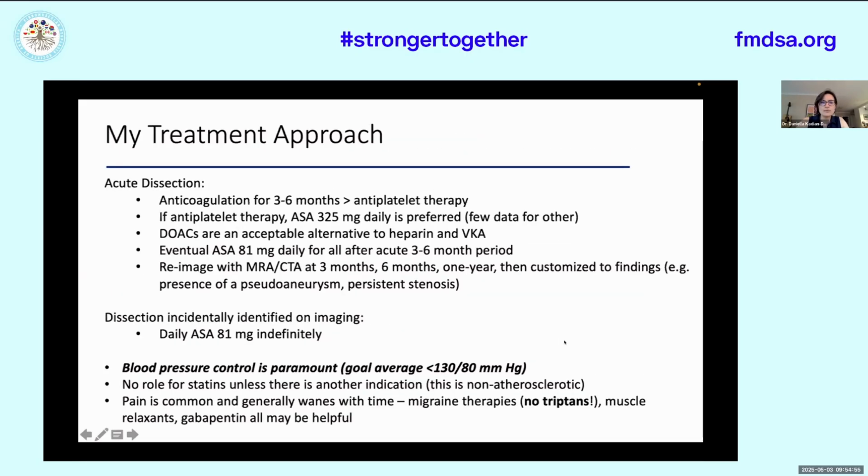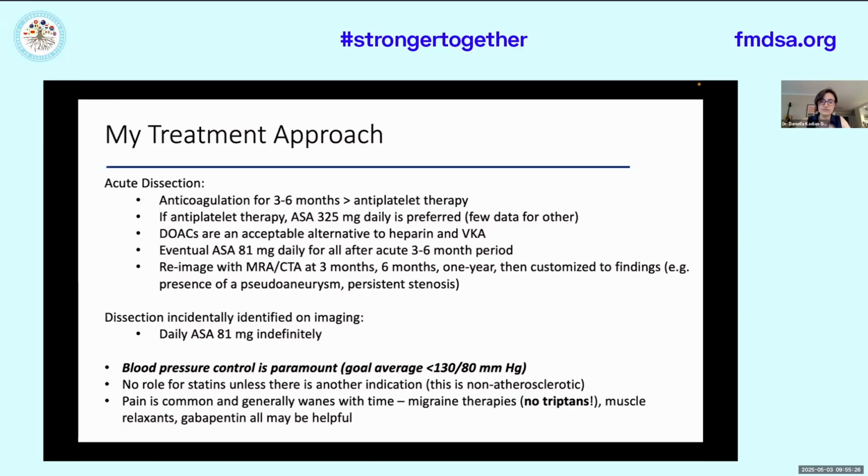And so my approach generally for most patients is to put them on a blood thinner for no longer than 3 to 6 months. If I'm going to do antiplatelet therapy, which may be appropriate for some patients, it's usually going to be aspirin 325. Eventually, after that 3 to 6 month period, I'm switching patients to a low dose aspirin of 81 milligrams a day. And I use the patient's symptoms, how they're feeling in follow-up, and what their imaging looks like on follow-up